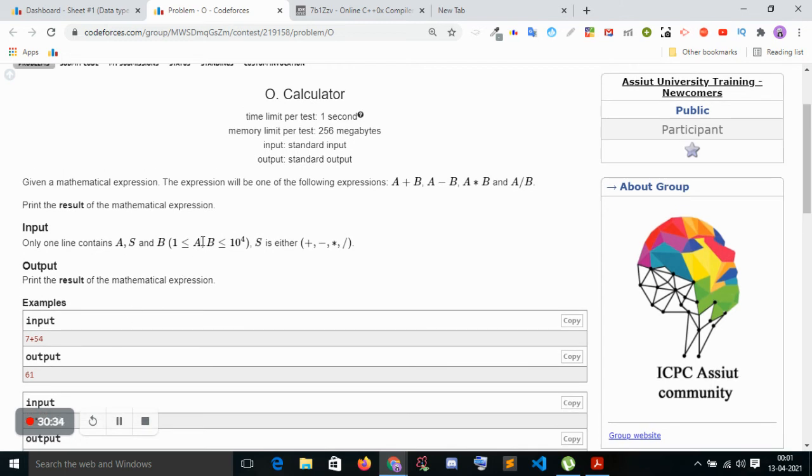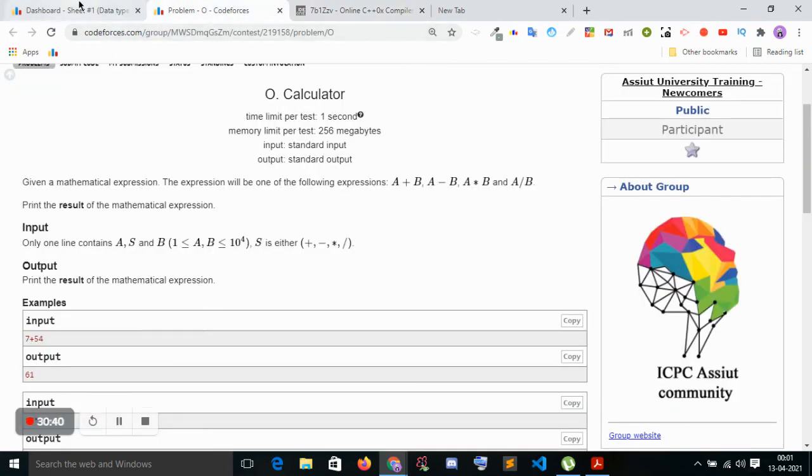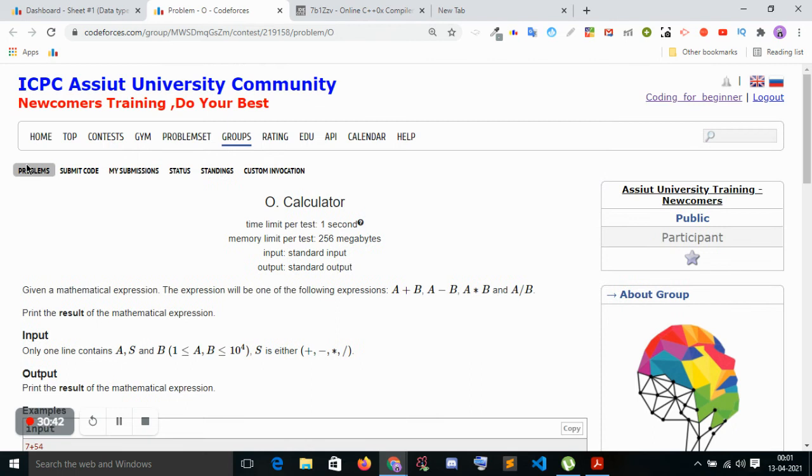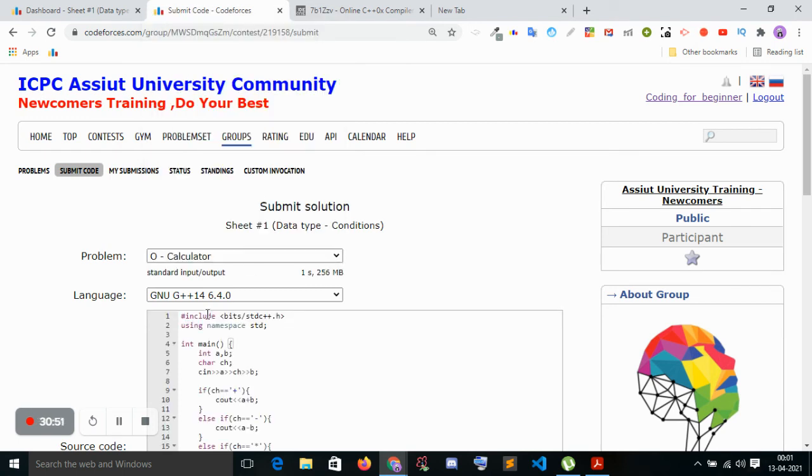Okay, another thing is that the smallest value is 1, so it's not a problem. If it is 0, definitely you can't divide by 0. So better you should check. Okay. So I will check one condition. You can check multiple conditions to see whether it is correct or not. Okay. So calculators are there.